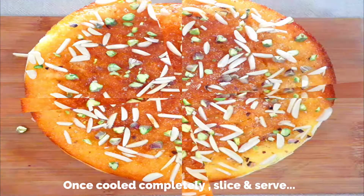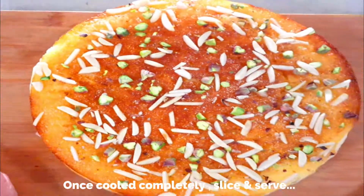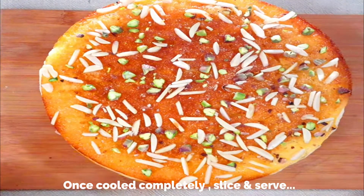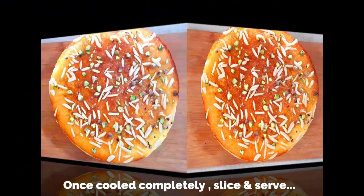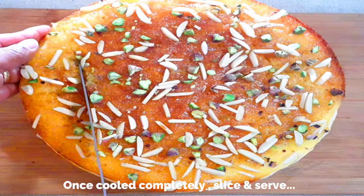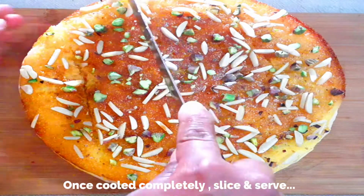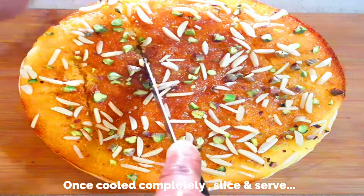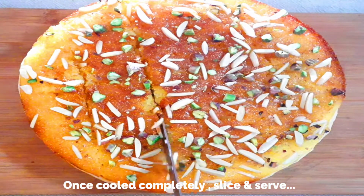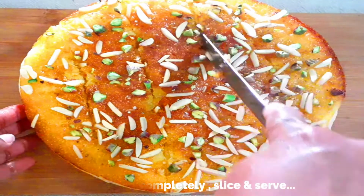See, if you are using a regular pan, you will not be able to demold the cake. So just cut it and then serve the cake. That's the only difference when using a springform pan and a regular pan. It really does matter. Now just using a sharp knife, cut into pieces and then enjoy your delicious and tasty